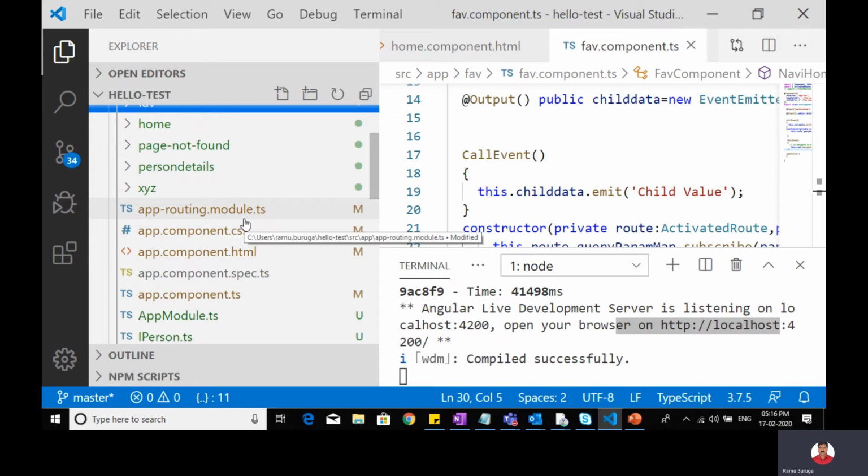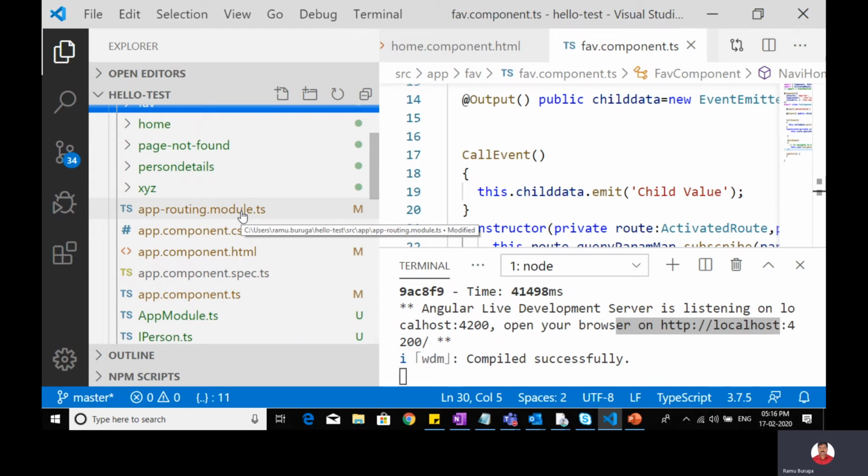One is the routing configuration: which components are to be navigated from and to, and the configuration for each menu option. You have to mention that here in the routing.module.ts file.